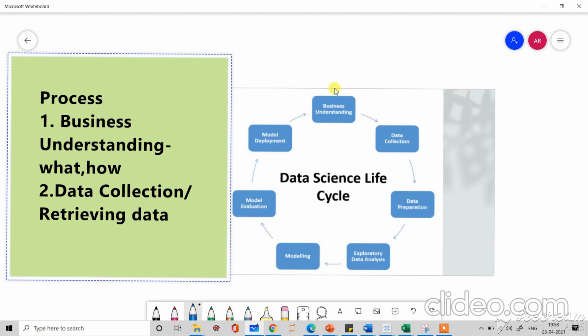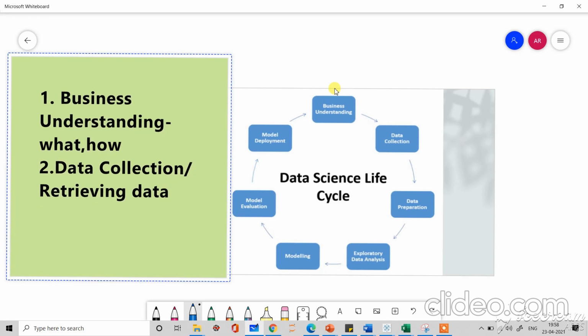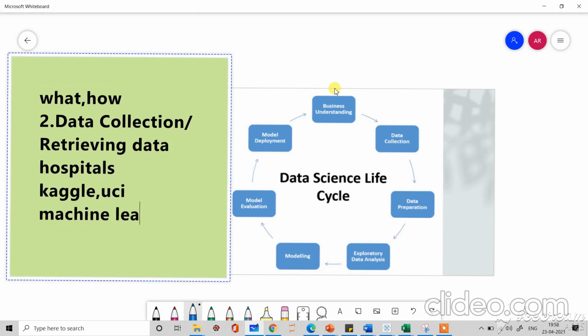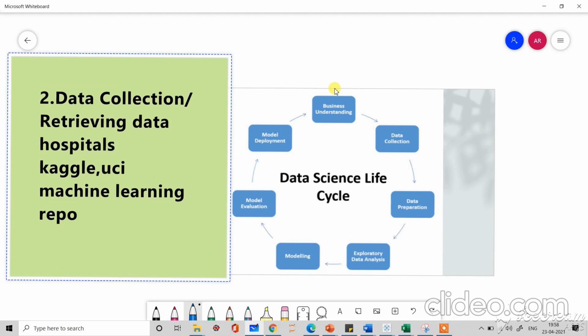In our example, our data is related to healthcare, right? So you can collect your data from hospitals or clinics, or you can use websites for collecting the data. You can use websites like Kaggle, the UCI Machine Learning Repository, or data.gov.